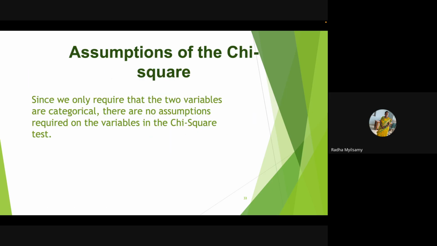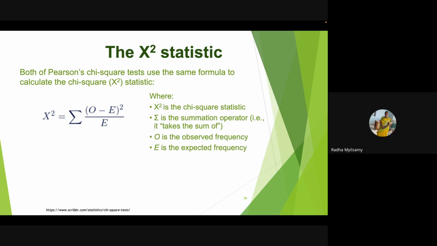These are all the basic assumptions of the chi-square. Since we only require that the two variables are categorical, that is the only assumption. There are no other assumptions required on the variables in the chi-square test. So this is the